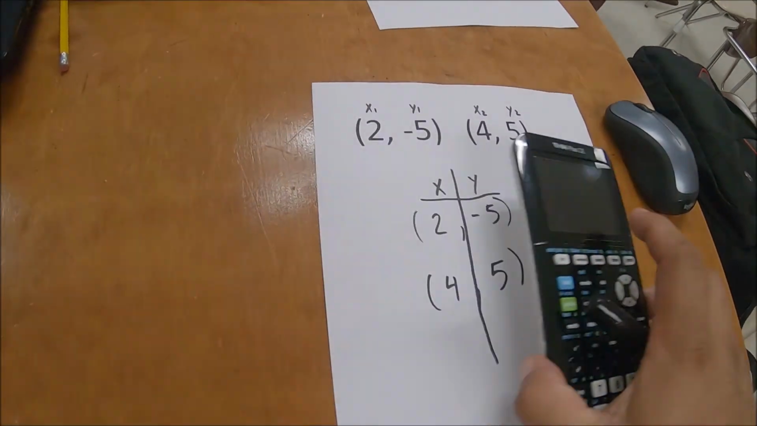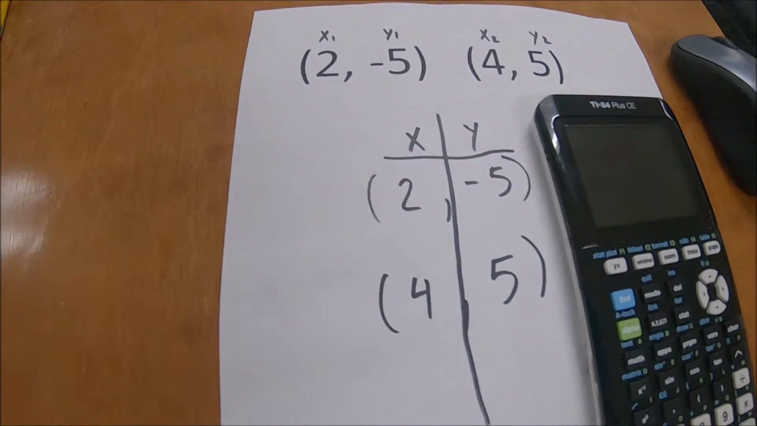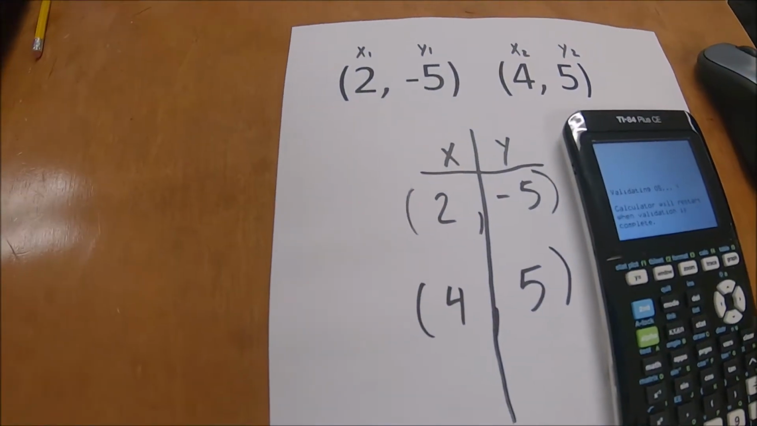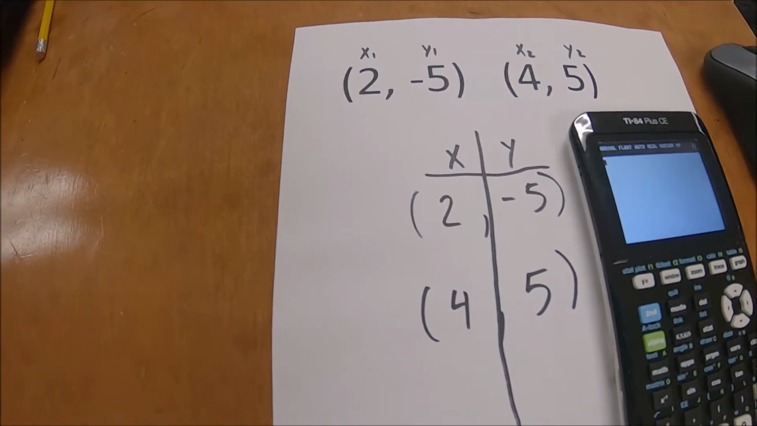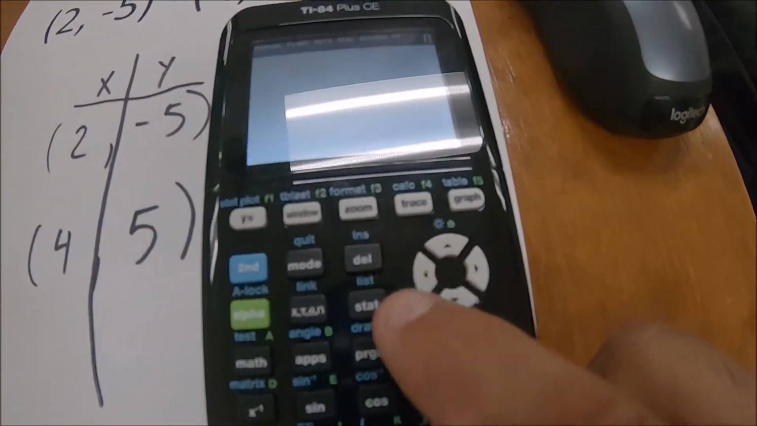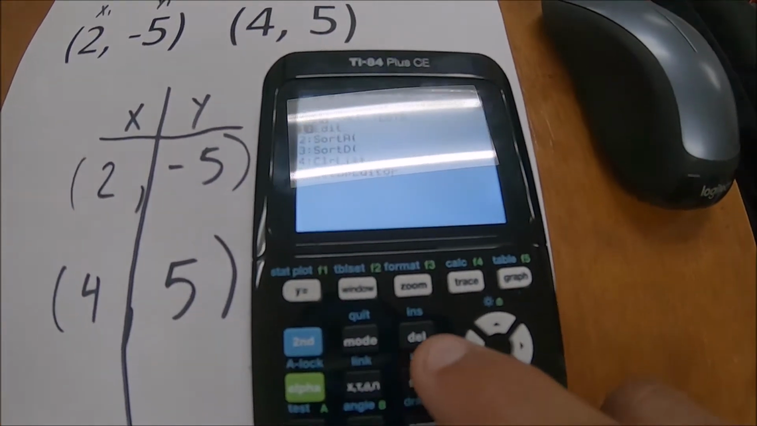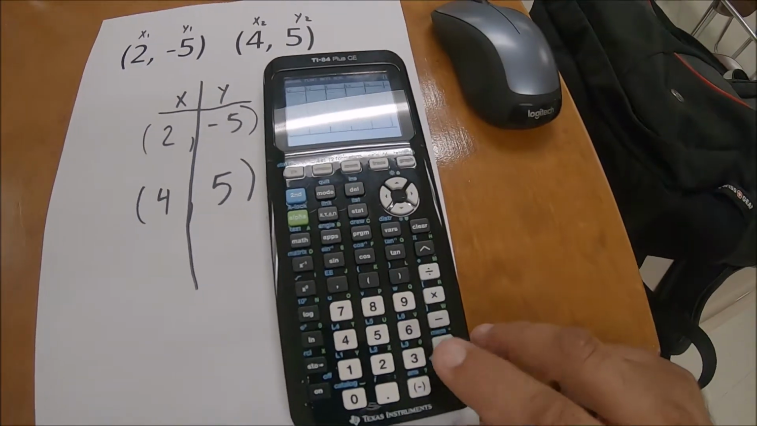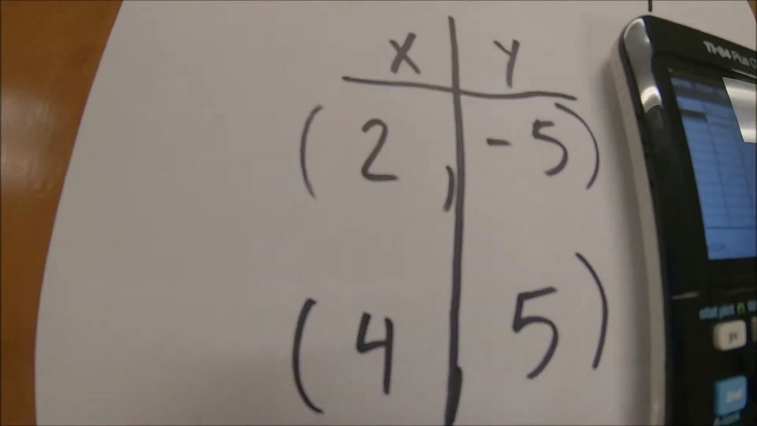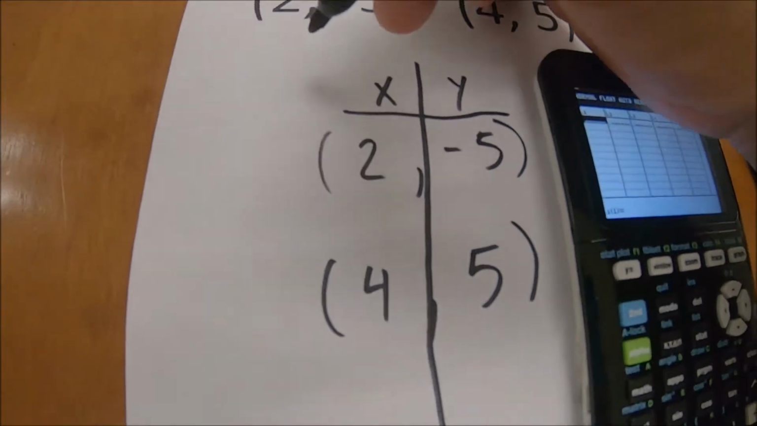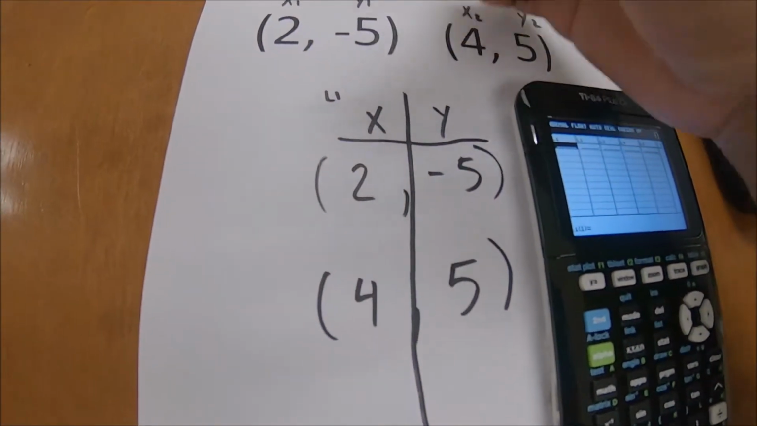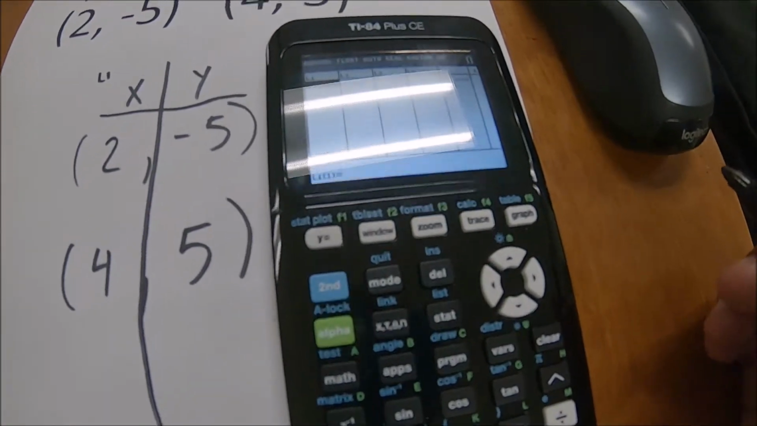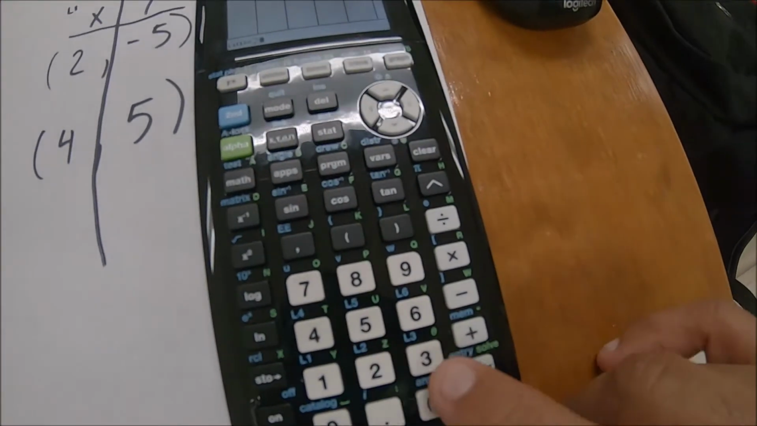So in order for me to get the slope, or the entire equation, the first thing I'm going to do is go to the stat button right here. So I'm going to go to stat. It's going to open up this menu. Now I'm going to press enter. In my L1 column, I'm going to put all of my x values, which are 2 and 4. Remember, x values go into my L1 column. So I'm going to press 2, enter,